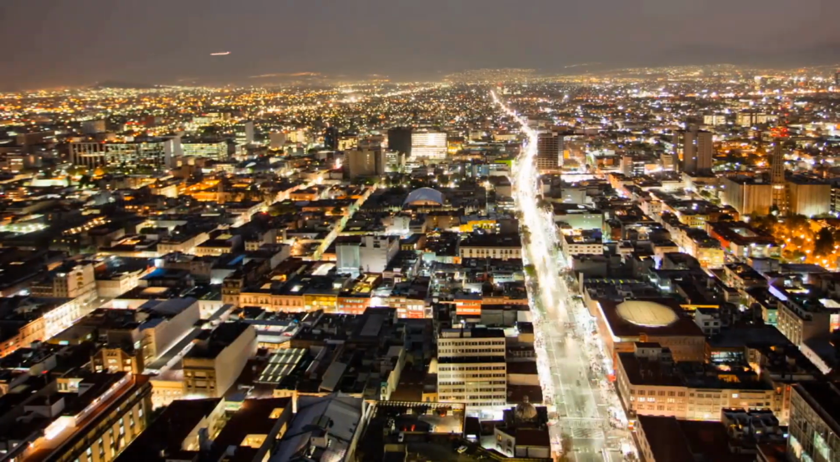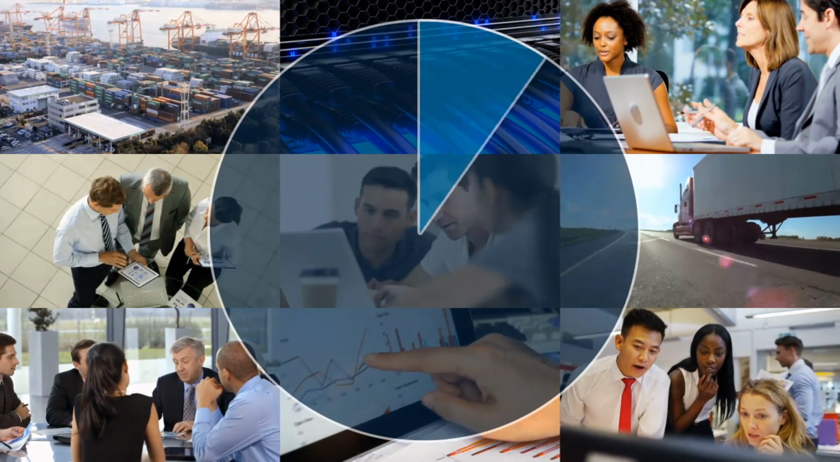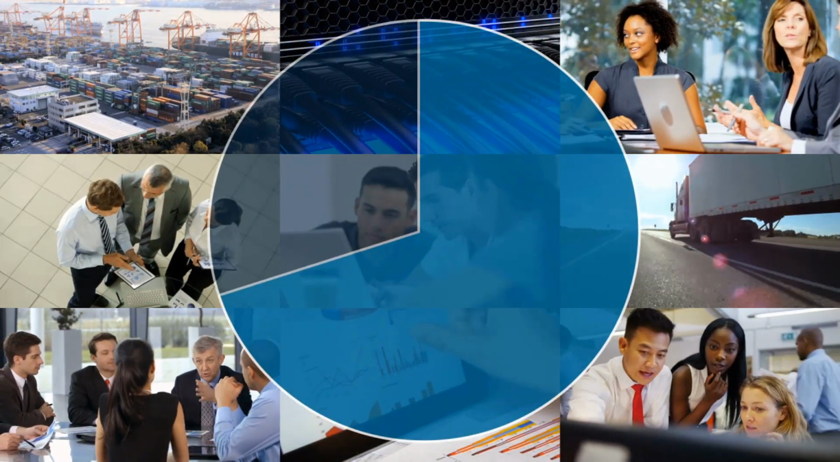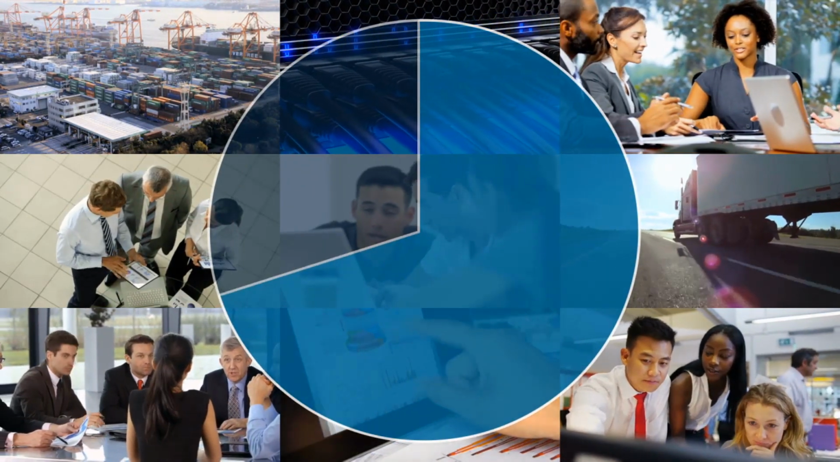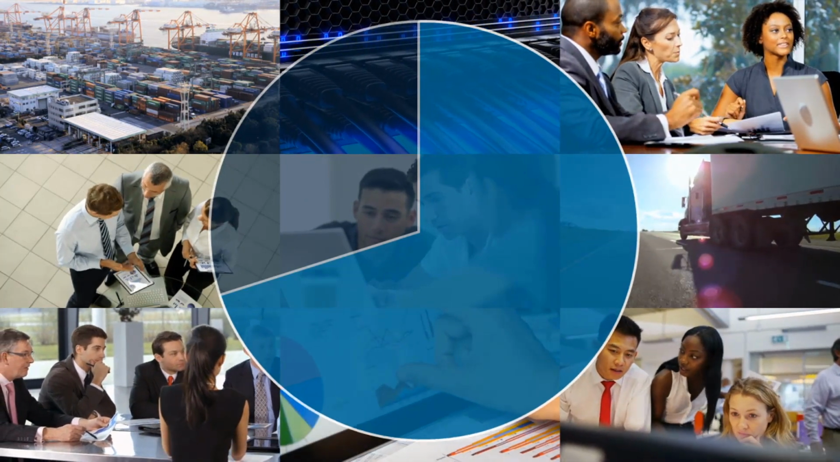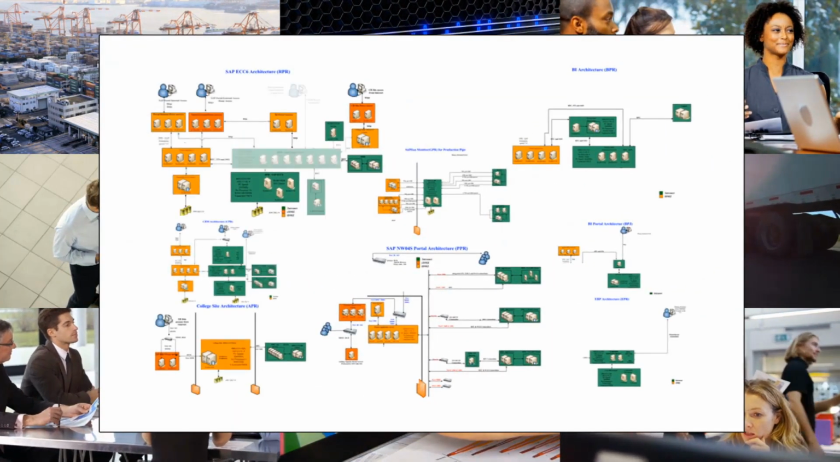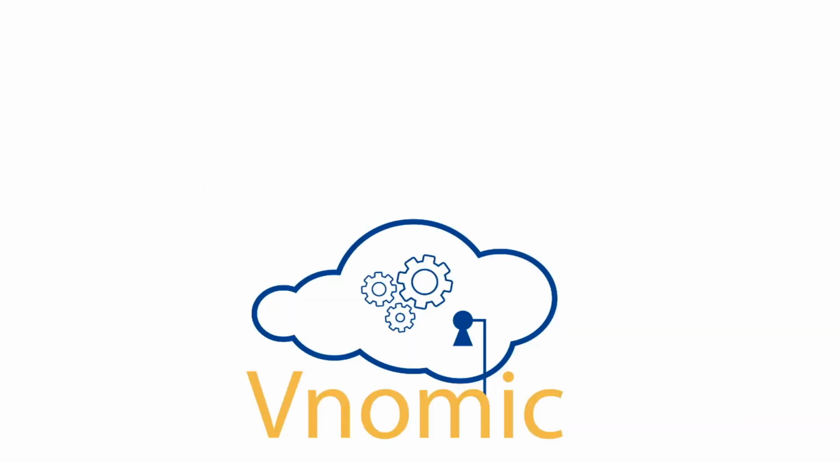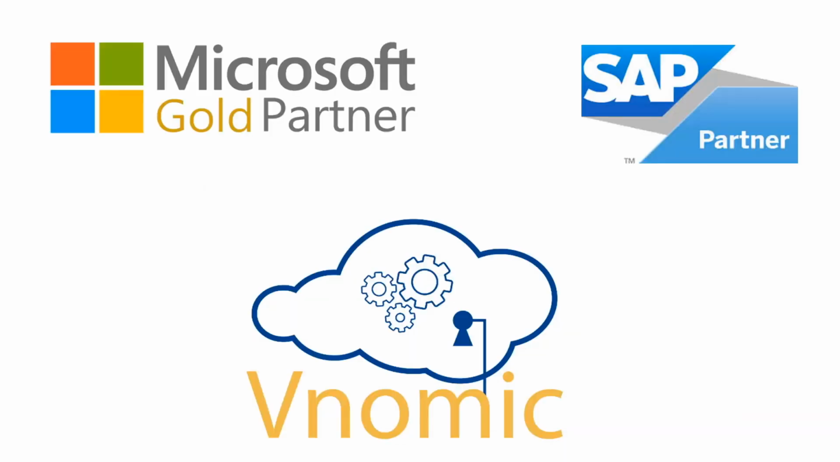SAP applications help the world run simple. Studies estimate that almost 3/4 of world transaction revenues touch an SAP system. But run simple business processes can depend on very complex application landscapes. Vnomic has been co-innovating with Microsoft and SAP to automate the deployment of powerful SAP HANA landscapes like S4 HANA